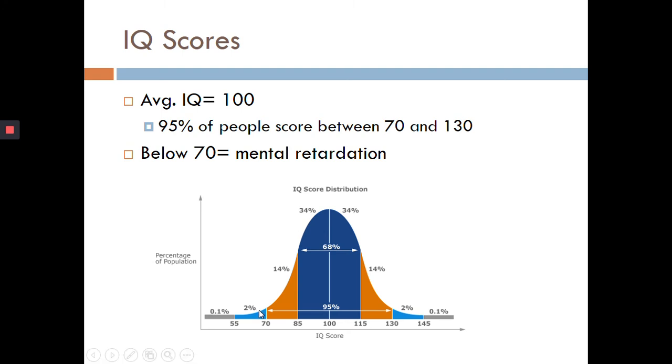When we're looking at IQ scores, anything above 130, that's like in the ridiculously high, you are super genius level smart. And then that would be 3 standard deviations, and anything 3 standard deviations below the mean is the technical classification for mental retardation.